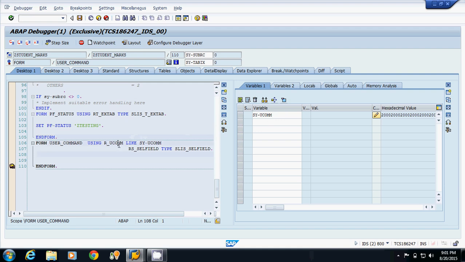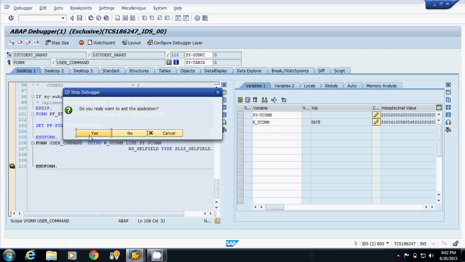The value of r_ucomm is SAVE, because when you declared the function, you gave the function text as save. So whenever you click on that button, you always get the function text as save.